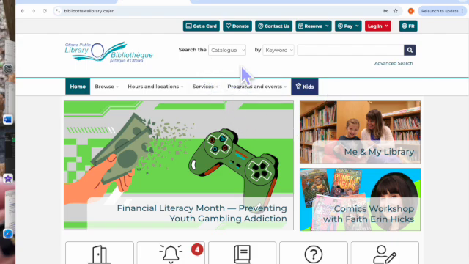I changed my pointer to a giant purple one so that you guys can see where I'm talking about when I'm going, because hopefully you'll be able to follow along with me. So to begin, we're going to start from the very beginning, which is login, which is the red button on the Ottawa Public Library starting page, on the very home page. There's a login button at the very top right corner, and I'm going to click it, and I'm going to